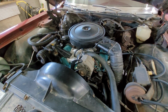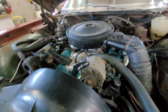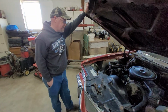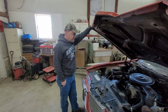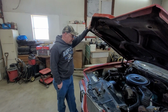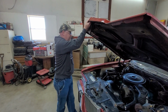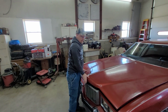We got rid of the Quadrajet, which we probably could have left on it, but it got the car out of the barn by doing this because we had such issues with the original Quadrajet on it. We just decided to bail on it, and it's been driven since then. So whether you hate it that we put an Edelbrock on it or not, it got the car back on the road, which I feel like we saved the car a few years ago because it had been sitting in a barn for many years,